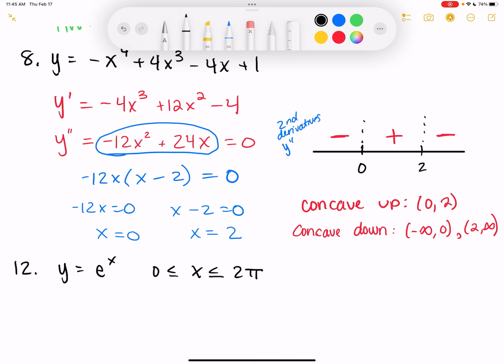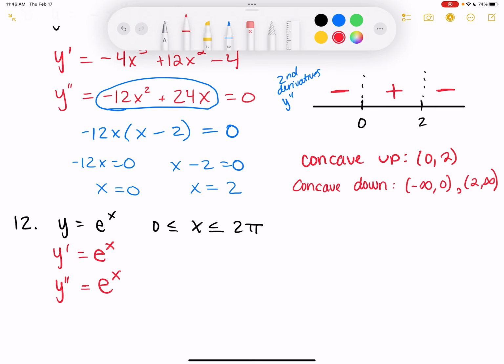So what is the first derivative of this? e to the x, and then how about the second derivative? e to the x. So then the question would be, if I set this equal to 0 to find the zeros,